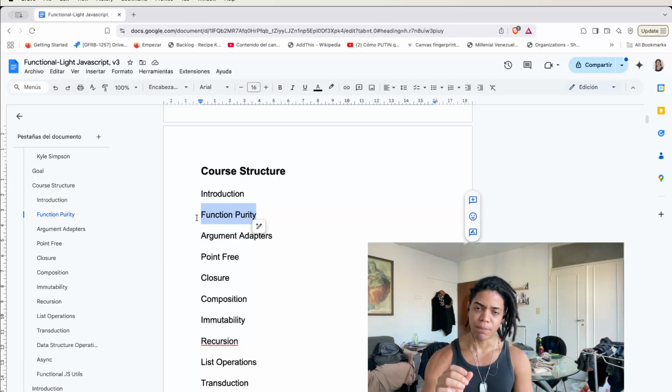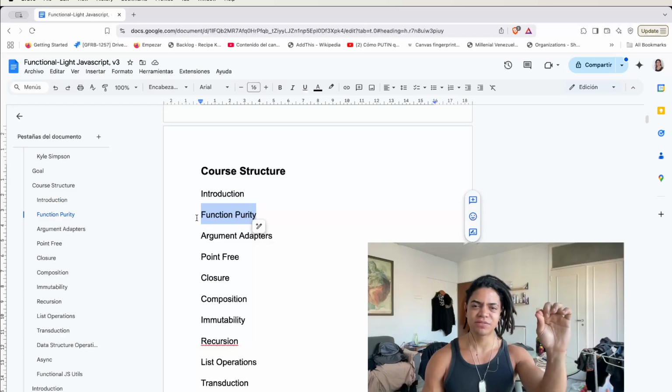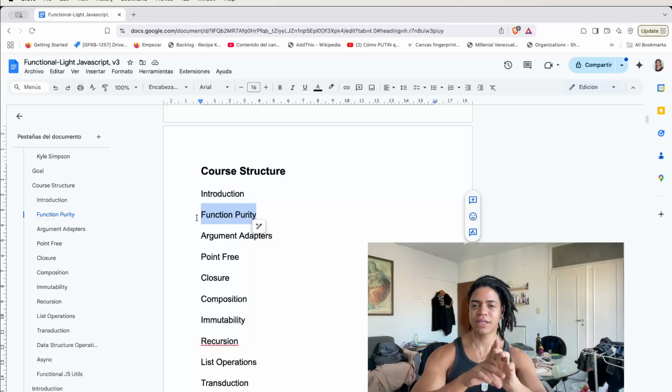So we'll look at the flip and reverse argument adapters, and another concept from functional programming, which is pure function, point-free style. So for those who are not familiar with this point-free style, if you remember your 8th grade math class, you have something called the point-free or the fixed point, where, for example, if you want to draw